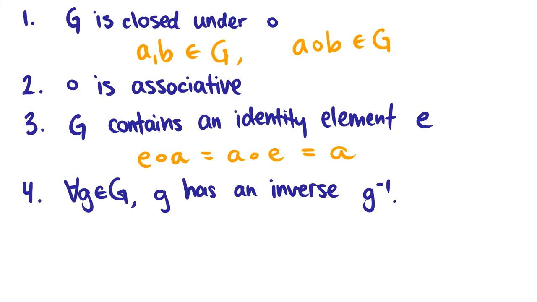And for every element in our group, there better be an inverse. So we better have that G dot G inverse is equal to G inverse dot G, and this just gives us the identity element back. Of course, if there's no identity element, we can't have inverses. We'll talk about what those are called in the next video. So 4 axioms: closed, associative, identity, inverse. And we're going to check all of these when we do problems about figuring out whether things are groups or